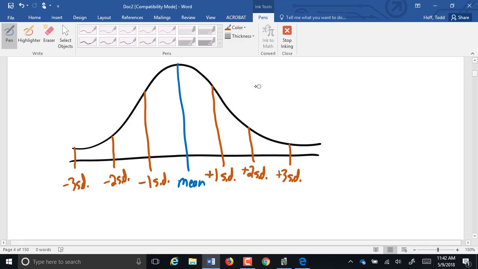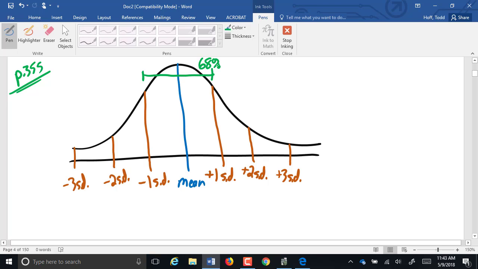Well, what does that all mean? Well, a normal curve, these spaces, these ranges have percents that are always there. Now, depending on which textbook you look at, the percents are rounded off differently. I usually round them off to the whole percent just to make it easier. But the textbook we use here actually has this curve on page 355. And the way the textbook breaks it down is by just going plus to minus. So 1 standard deviation below the mean to 1 standard deviation above the mean,